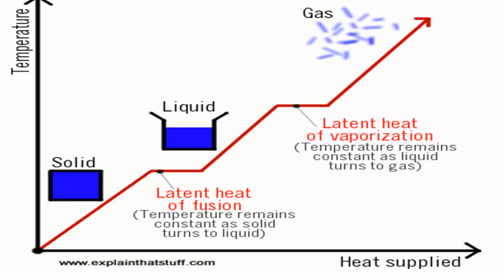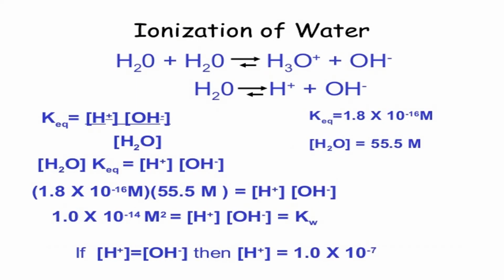Water has a high latent heat of fusion and a high latent heat of vaporization, which means that a large amount of energy is required to convert solid ice into liquid water, and then a large amount of heat is required to convert liquid completely into its vapor or gaseous form. So it is also required for its high universal solvent property.